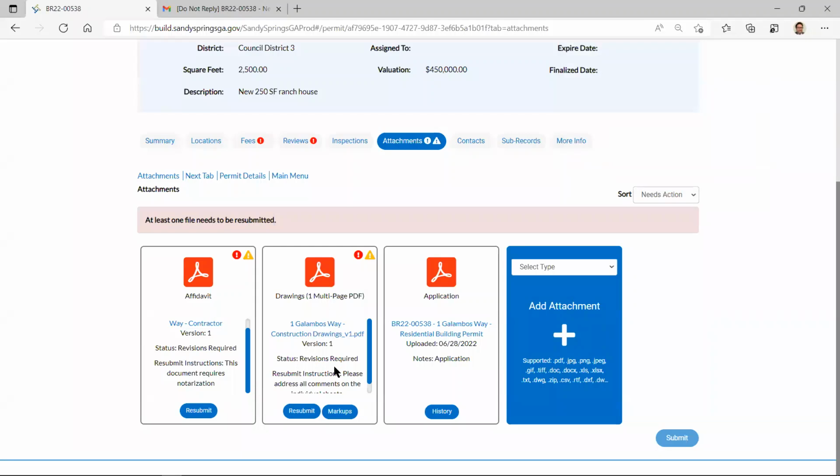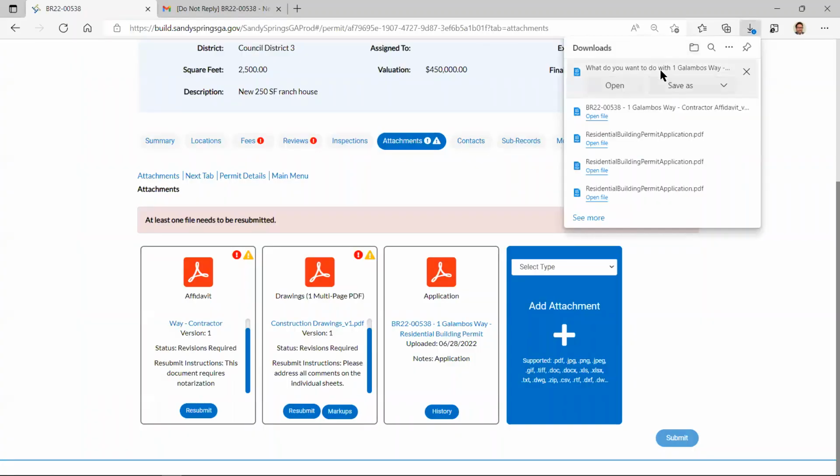The same thing for the drawings. It says revisions required, and resubmit says, please address all the comments on the individual sheets. Again, we put everything on there. So curious, what are the comments on the sheets? Again, everything's hyperlinked. So if I just click on that and open it up,